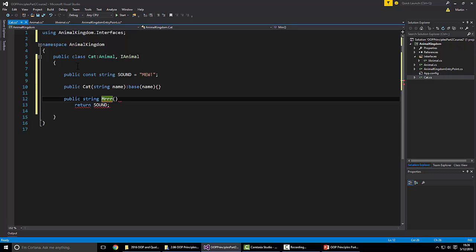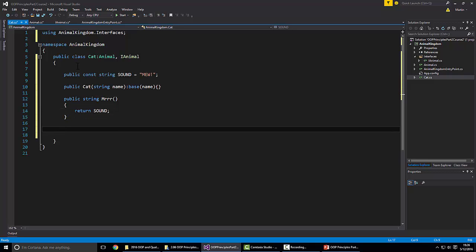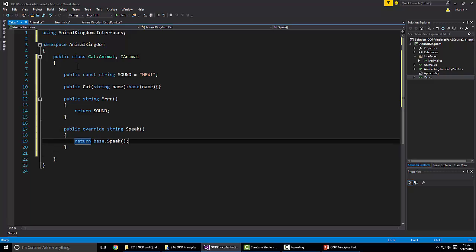Okay, and let's use the other, yeah, it's been a while. So let's implement now the other method. So public override string, and I should have now, yeah, speak is right here. It would be uninteresting to just say return base.Speak, which is the speak method of the animal class. But what we want to do is reuse this, and then add something else to it. So something like